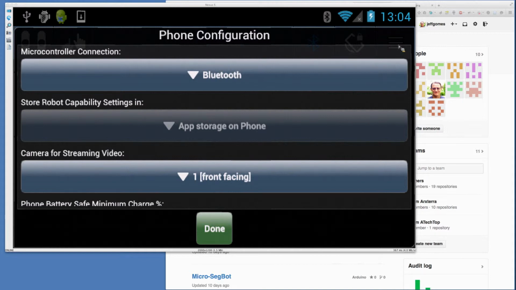And then the other thing you can change here is tell the system which way the phone is mounted on your robot, because sometimes people will have the display facing the rear of the robot and they're using the rear facing camera, which typically has higher resolution capabilities, as their camera to view where the robot is going, or they've got it the other way and the device faces the front. In any case, you need to be able